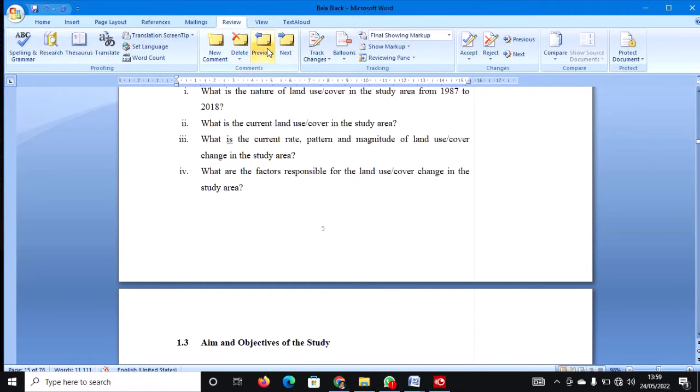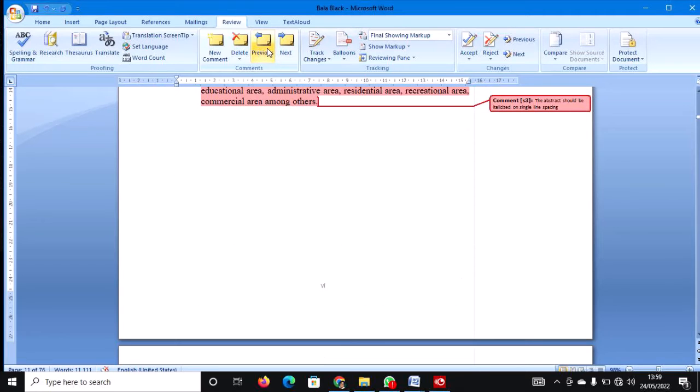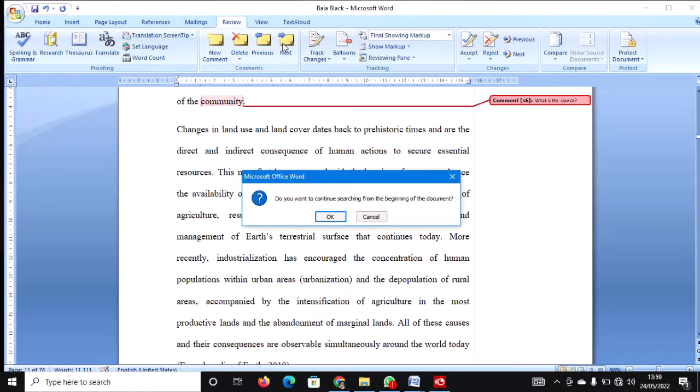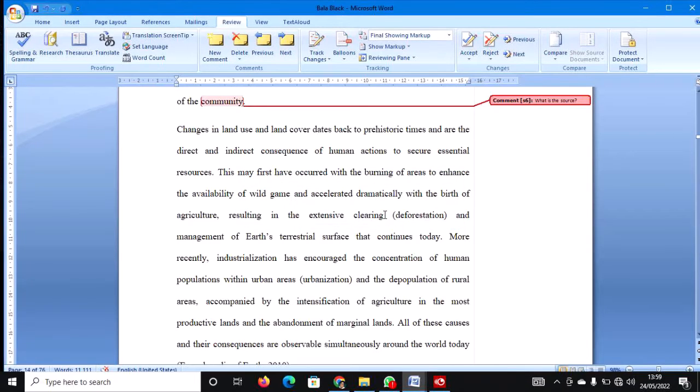And you see, you can go to the previous comments. As you go to the previous, you can still go to the next until you go to the end. So now there may be in some situation